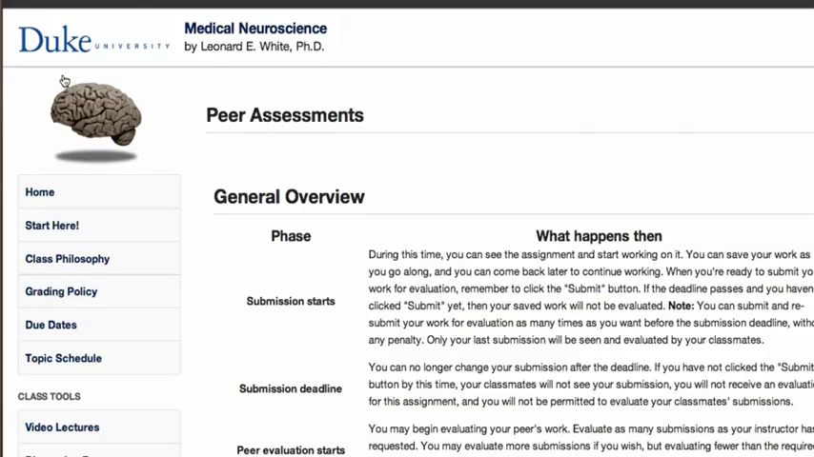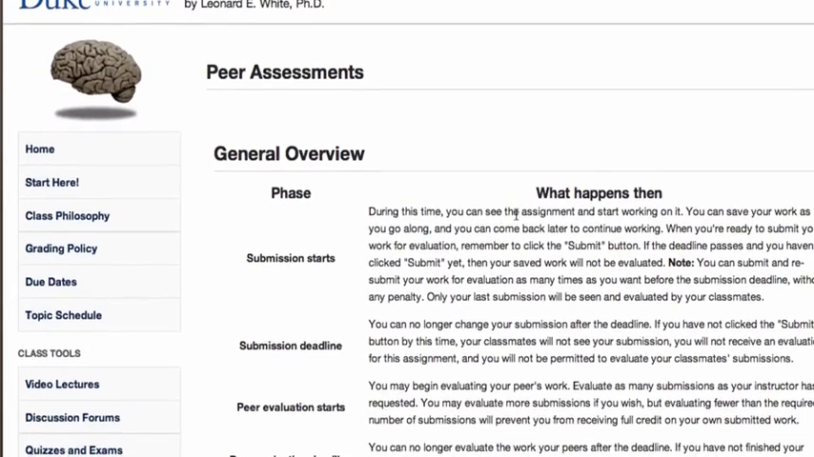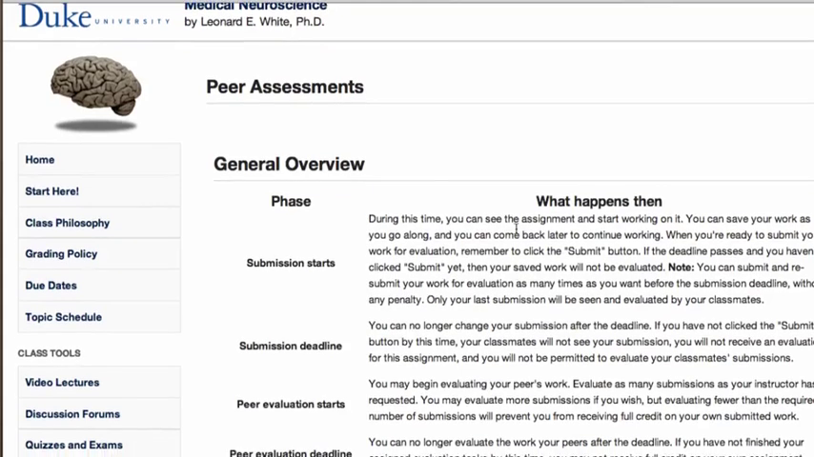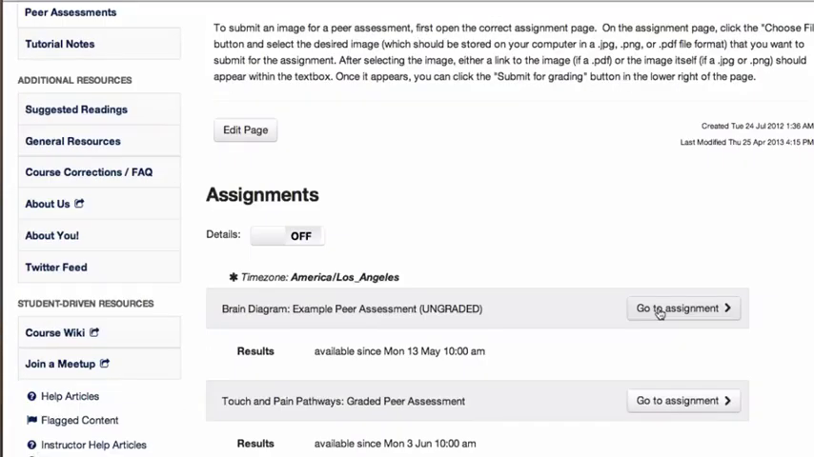Peer assessments are assignments that will be graded by fellow students. The peer assessment page has a short general description of the process for peer assessments and a list of all the peer assessments for students to review. The Go To Assignment button to the right of each peer assessment will take you to the specific instructions for